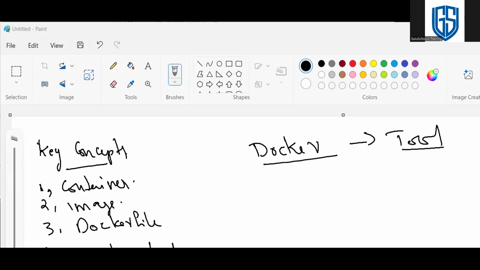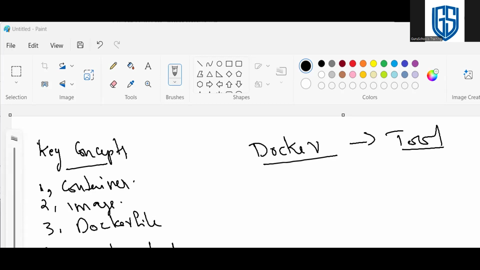Sir, is that Docker Compose? No. This is a Dockerfile actually. Docker Compose we use for deploying multiple containers within a single file, using a YAML file, that we will learn in a coming section.